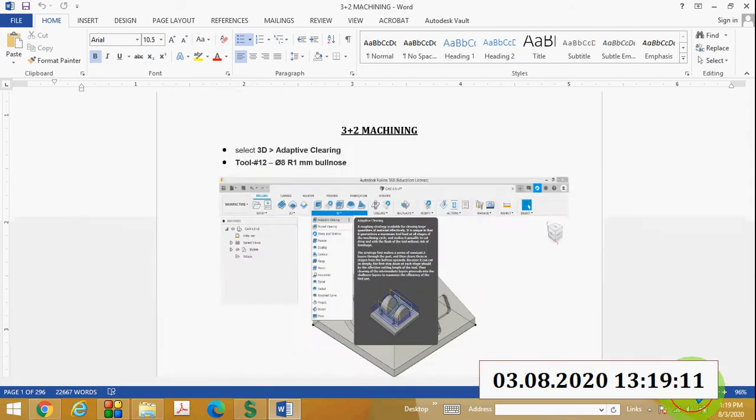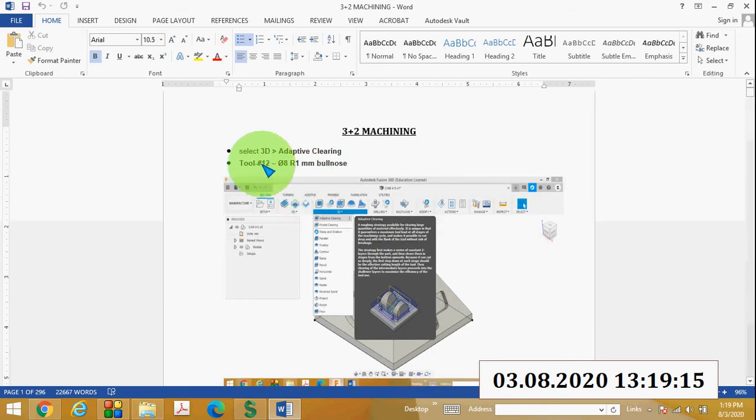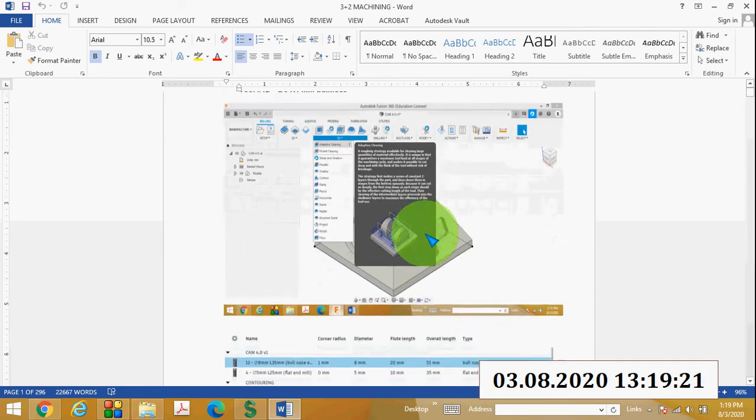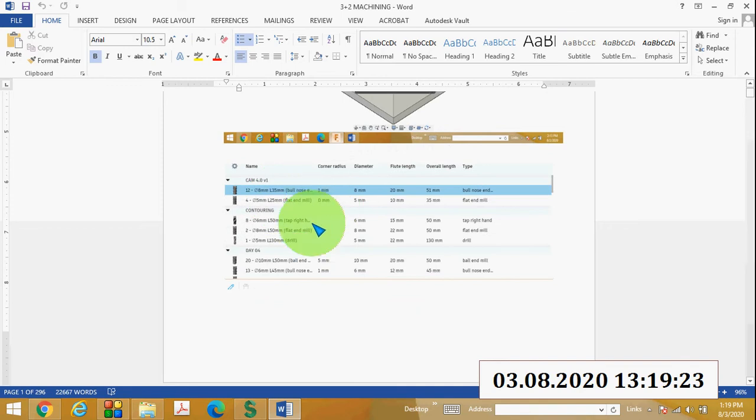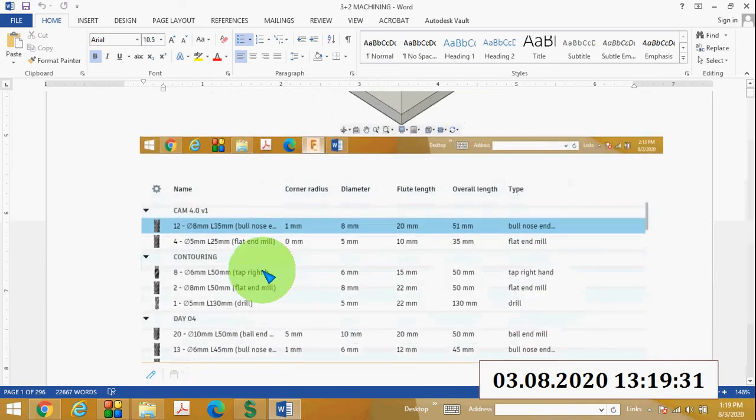So I will select this adaptive clearing strategy and then I will select tool number 12, that is an 8 diameter R1 mm bull nose. Here you can see from the tool library I have selected tool number 12.